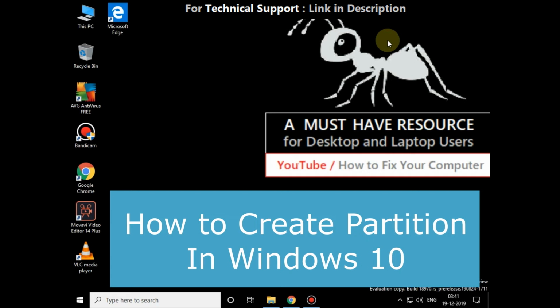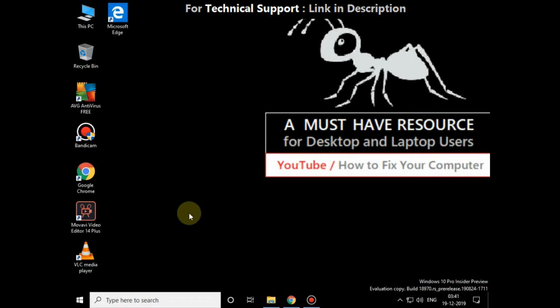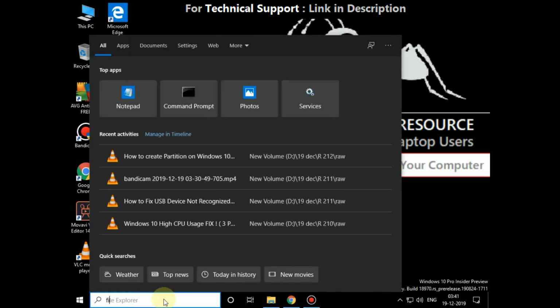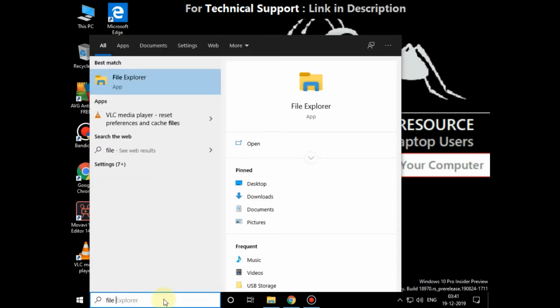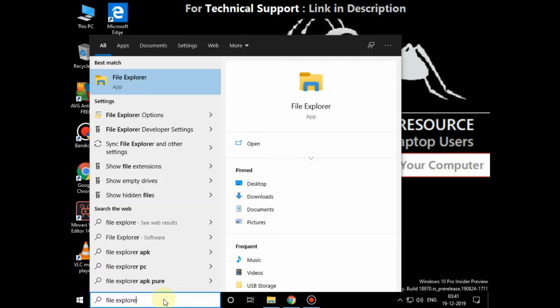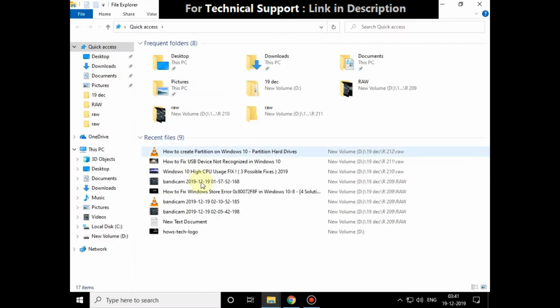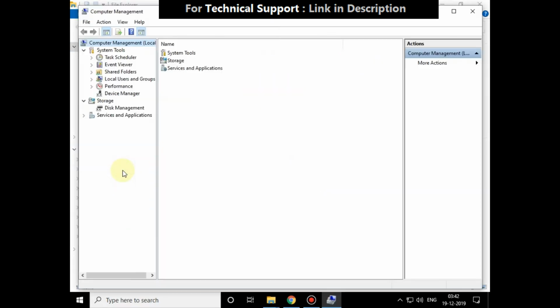I'm going to show you how to create a partition in Windows 10. So go to search and type File Explorer. Click here to open it. Right click on This PC and click on Manage. Now in Computer Management,